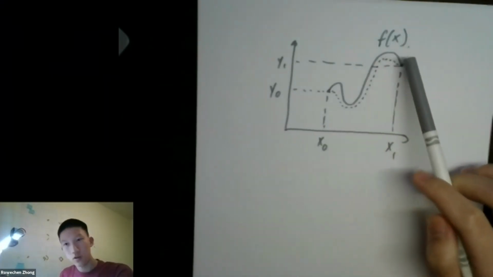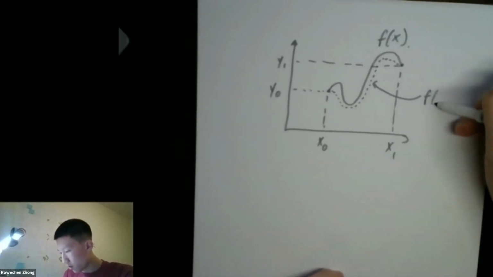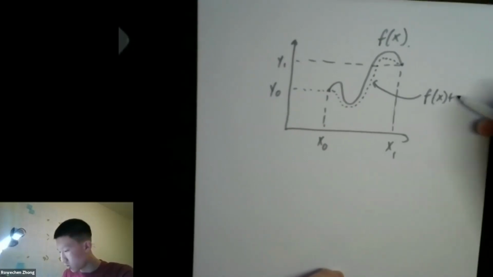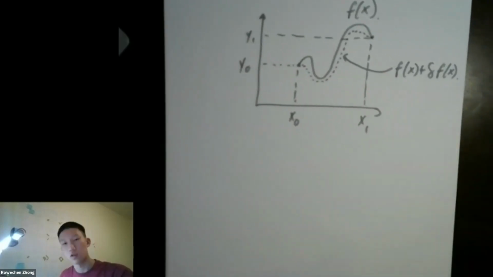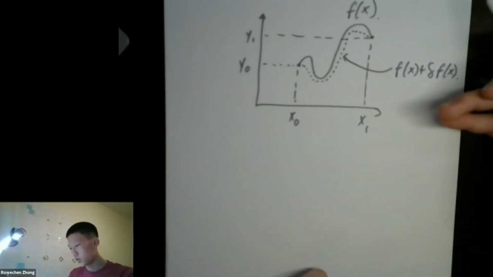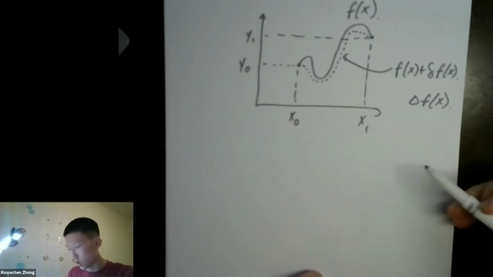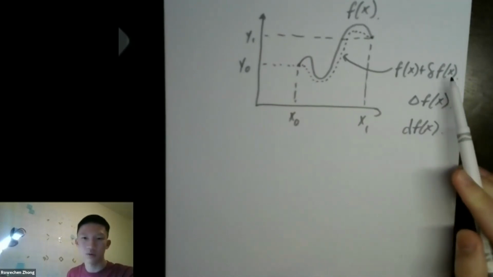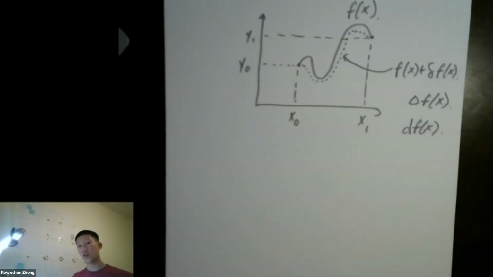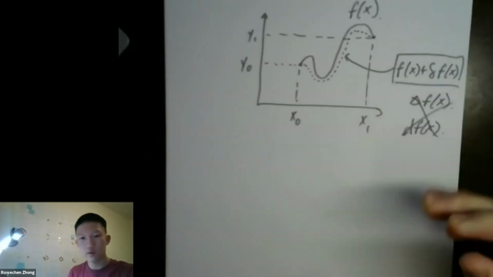We took the function, and this new function is f of x plus some very small function of x. And I did not make up that symbol. That symbol is a lowercase delta, I'm pretty sure. And instead of using delta f of x, because that means a large change, or df of x, which means an infinitesimal change, but this is not a proper differential, right? Because it's an entire function. This is what we got.